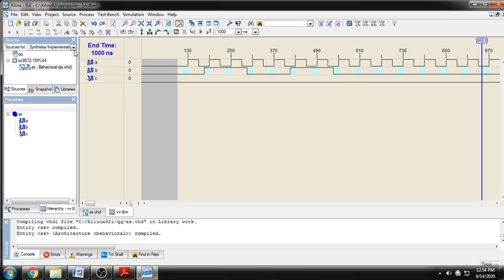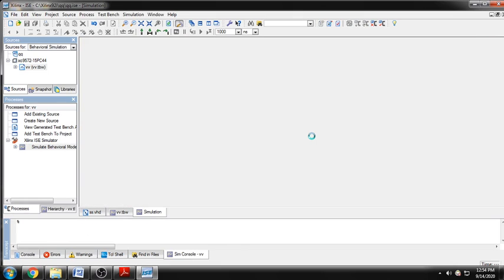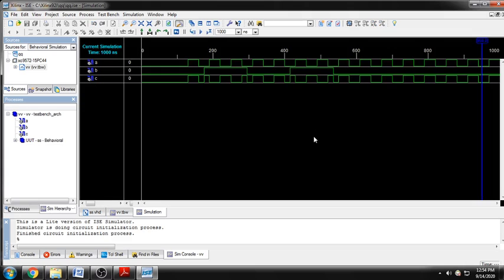After that I have to change from synthesis to behavioral module. Then select this. In process I have to select simulate behavioral. As I double click simulate behavioral, it is going to process and my output will be here. As I told you, when the number of odd ones is high, the output is high. So this is odd, so this is high.